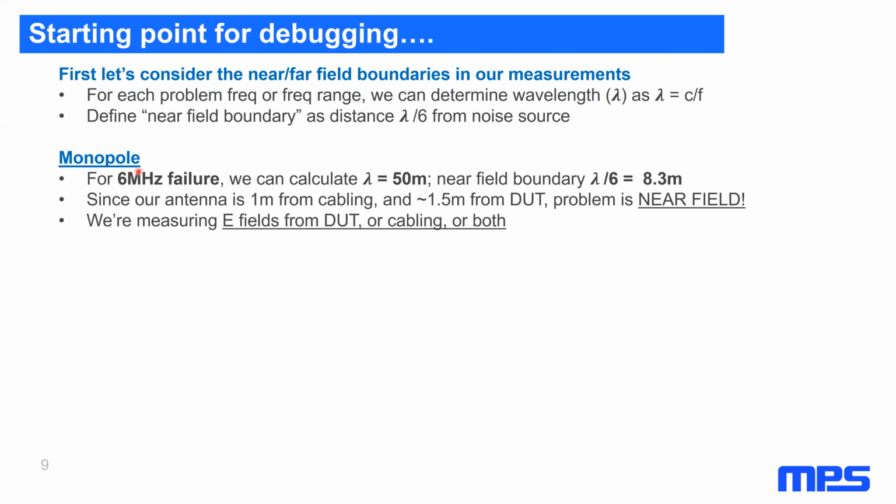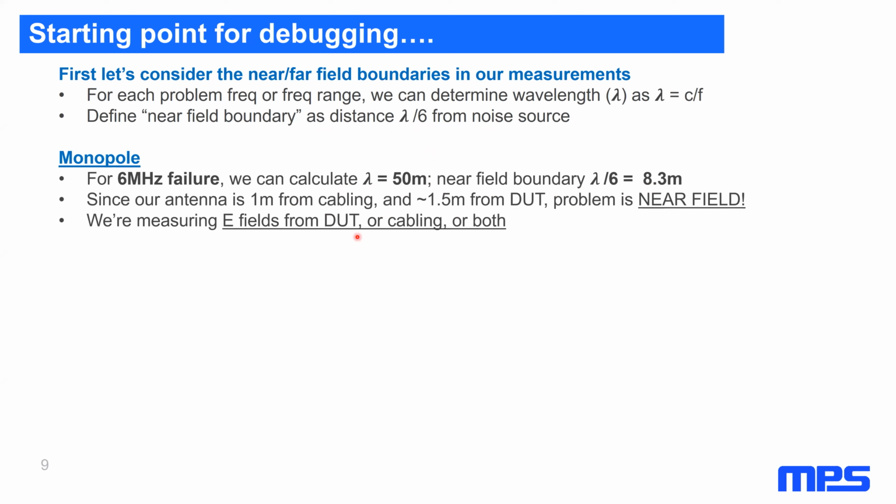So for Monopole, plugging into this calculation here, I come up with a wavelength of 50 meters, and a near field boundary that's just a little over 8 meters. Since we know our antenna is 1 meter from the cabling, and our device under test is about 1.5 meters,